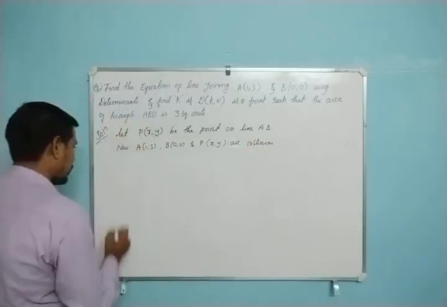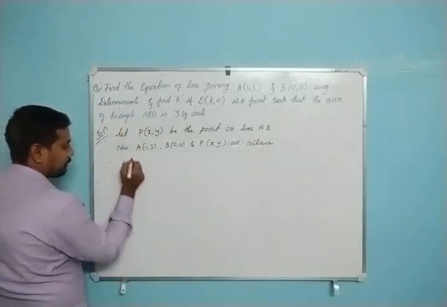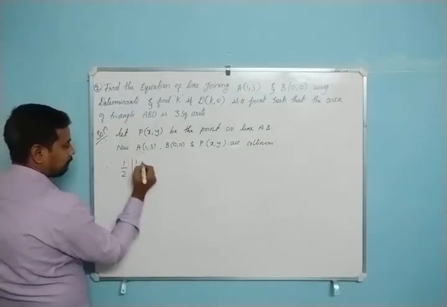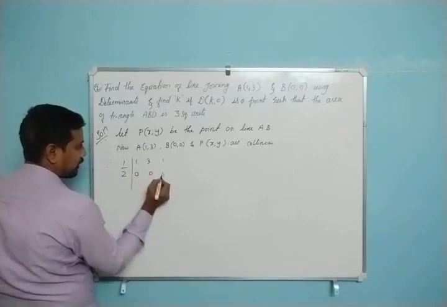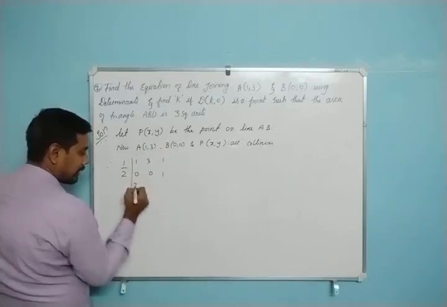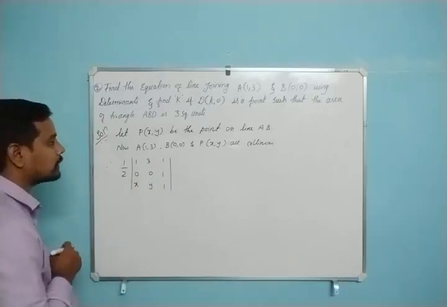So what is the area formula? Therefore I can write half times the determinant with rows x1 y1 1, which is 1 3 1, then x2 y2 1, which is 0 0 1, and x y 1,